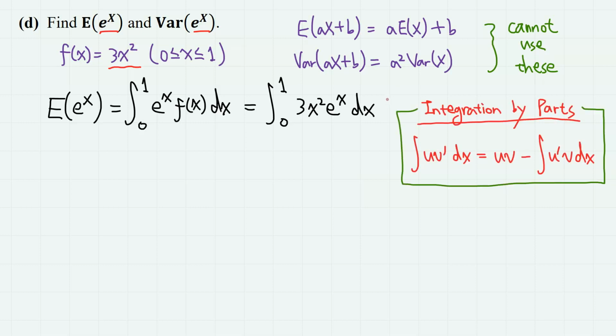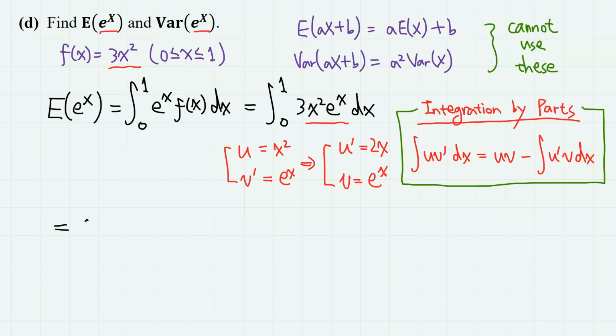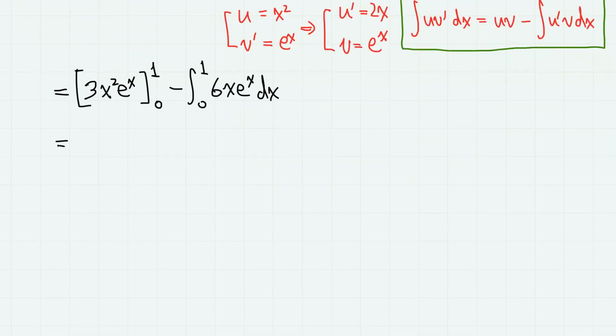This integral can be calculated using integration by parts twice. So here, we let x squared as u and e to the x as v prime. Then, u prime is 2x and v is e to the x. Therefore, we have first 3 times uv, so x squared e to the x, from 0 to 1, minus integral 3 times u prime v, so 6x times e to the x dx. Now the first term gives 3e, and for the second term, we use the integration by parts again,